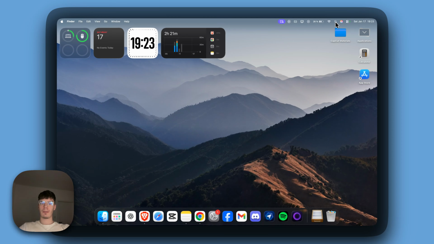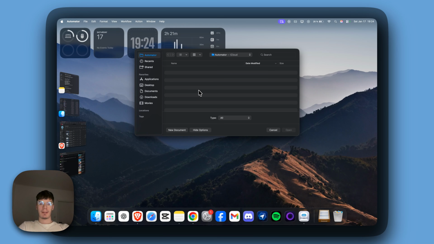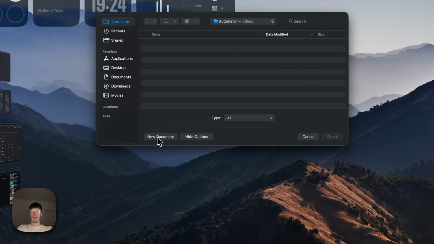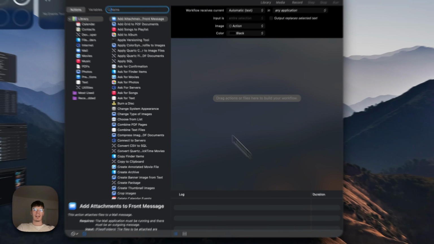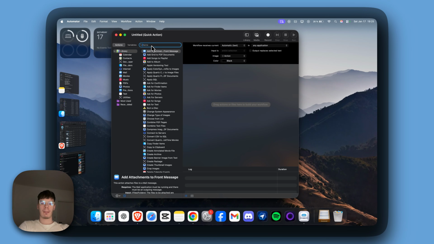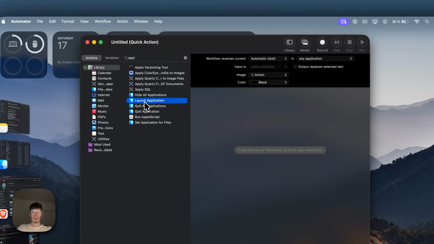So first step is to open your Spotlight search and search for Automator, which should be automatically installed on your Mac. In Automator, we want to click on the new document, and here quick action, click on choose. And up here we want to search for application launch, so you can type application and choose launch application, double